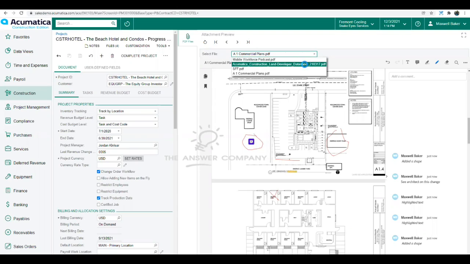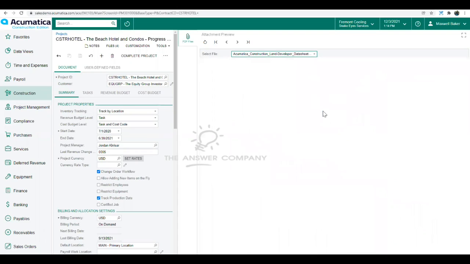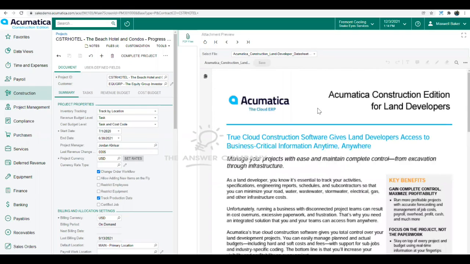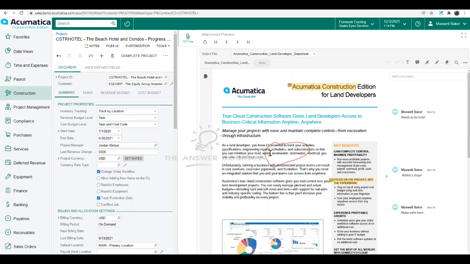Let's pop into this other document here where I just added a data sheet to the project. It's going to open up that data sheet for us. We have the ability to not only annotate and mark up documents, but we can also come in. You can see that some annotations have been made on this already. But one of the things I want to do, which is a pretty cool feature, is the ability to find something in a document. So if I click on that hourglass there, I can come in here